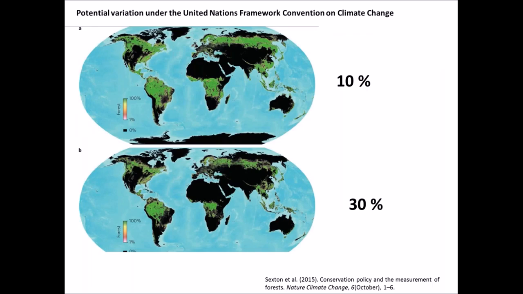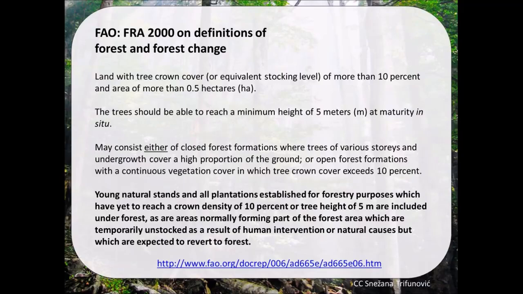And in fact, work by Sexton et al. in Nature Climate Change has illustrated that simply by changing one of those definitional parameters, the world's forest coverage looks very, very different. So again, definitions do matter, and trying to hold them in some sort of harmonized format, where they share the same sort of basis, the same sort of logic, would be very advantageous. Imagine then a service where you could navigate through different kinds of semantics, different kinds of worldviews, different definitions adopted, and filter out how the world looks, depending on the outcomes.